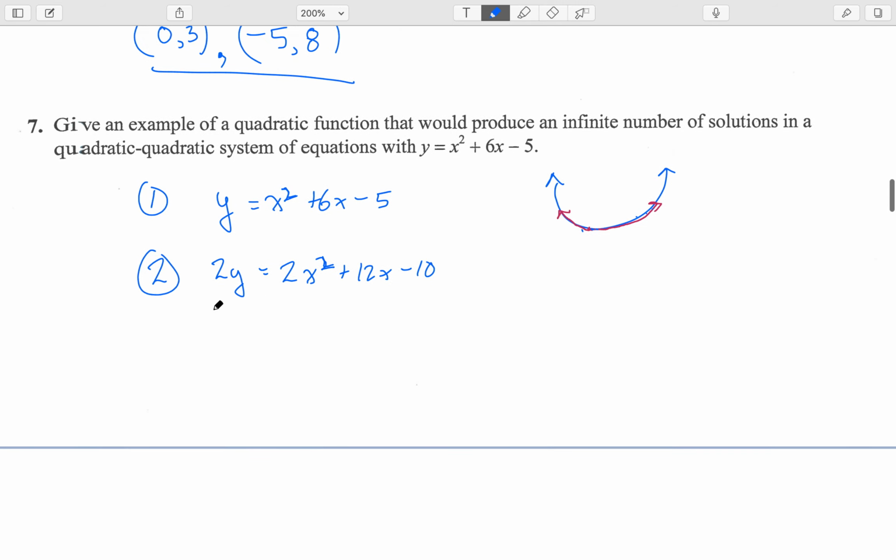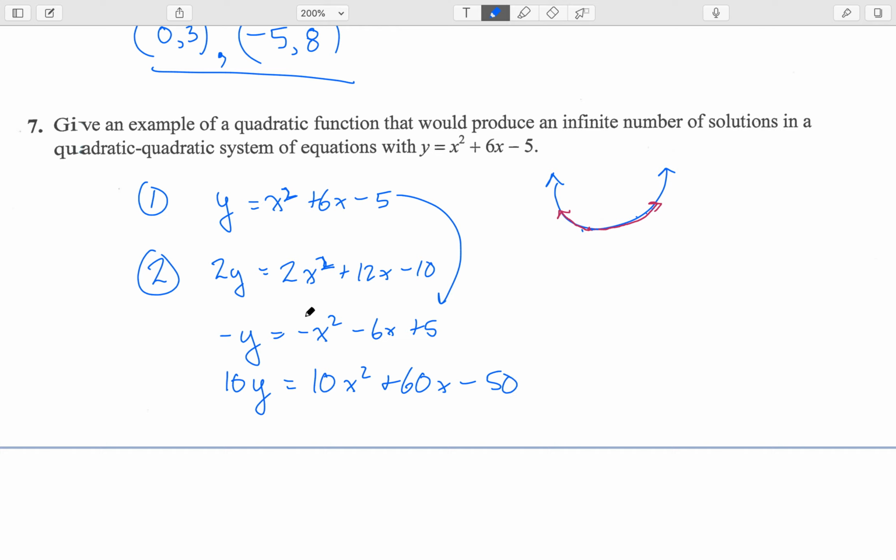You don't have to double it. I could have said that negative y is equal to negative x squared minus 6x plus 5. See, I just multiplied everything by -1. I really get the exact same equation, and that's what I want. I want two of the exact same equation, even though they might look different. Or you could have factored this thing, right? Oh, actually, I don't think it will factor, right? 5 and 1, minus 5 plus 1. No, it won't factor. But I also could have said 10y is equal to 10x squared plus 60x minus 50,